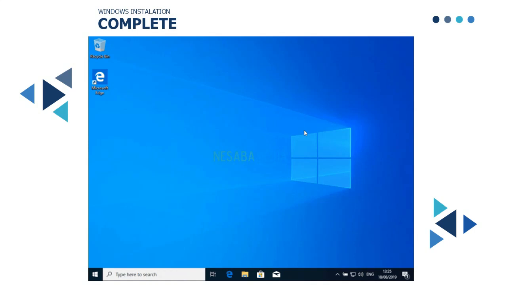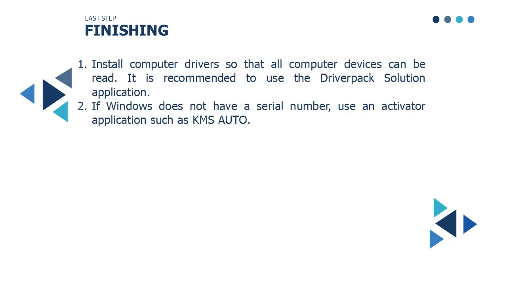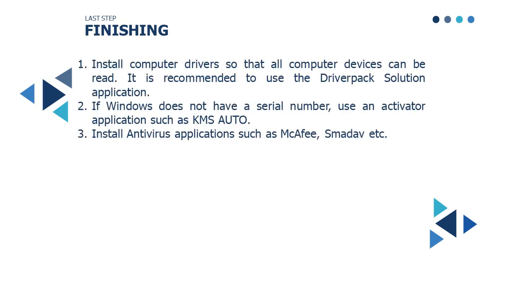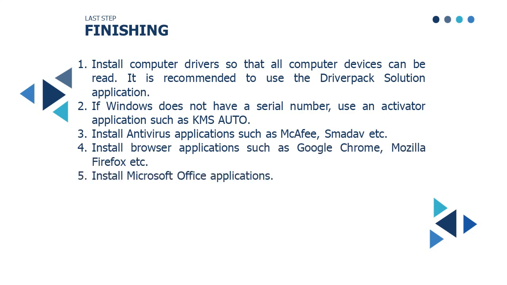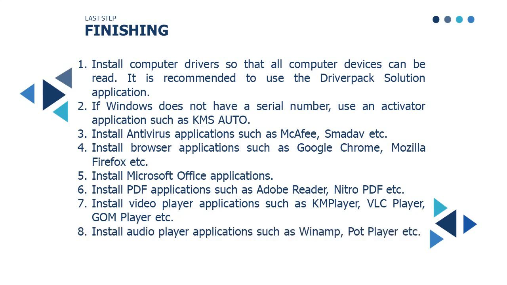There are several more stages for the computer to be used properly. For the computer to be fully usable, we need to install several applications like Windows drivers, a Windows activator, antivirus, browser applications, video players, music players, and others. That's how to install Windows 10 using a